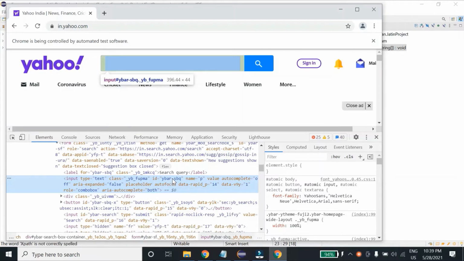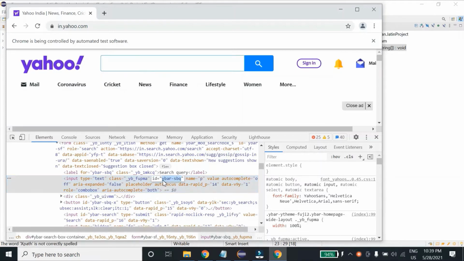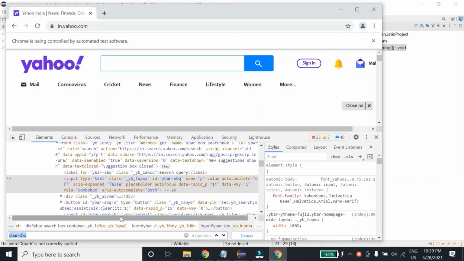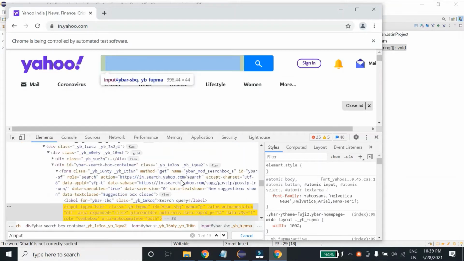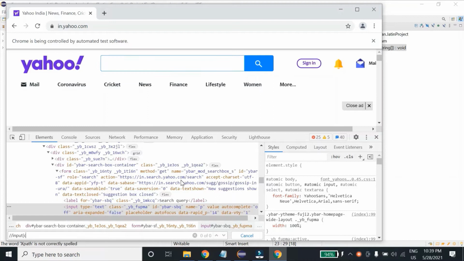So in that case, we will write XPath in such a fashion that we'll include only this YBAR as part of our XPath and not this SPQ. So it starts with // and then the tag name, that is input, and then I'll use contains over here.